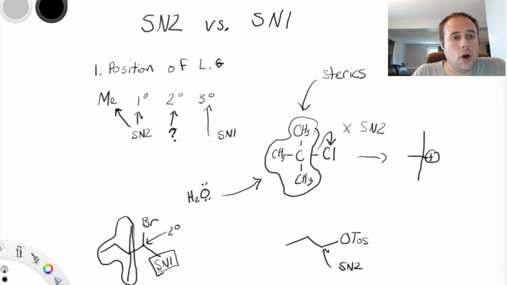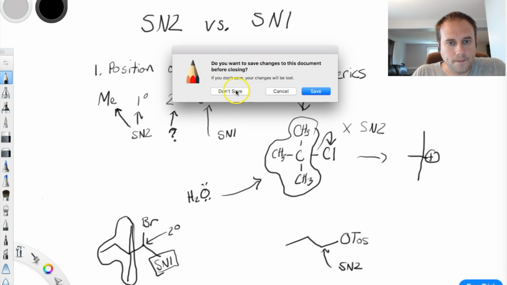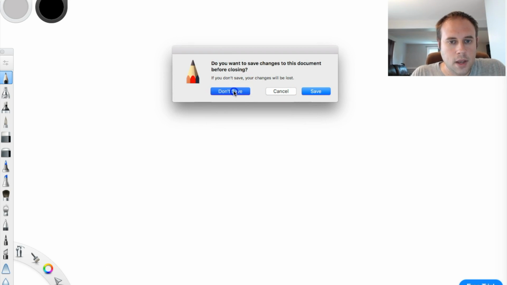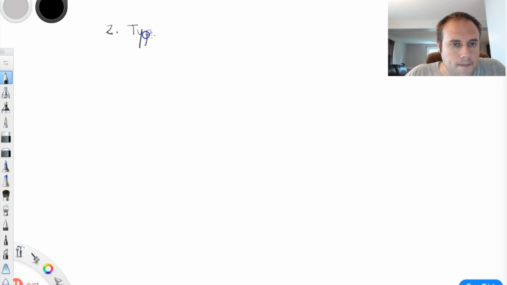So let's talk about other things that could potentially give away or let us know whether we have an SN1 or an SN2 going on. All right, so first was position of leaving group. The second thing that you really want to consider is the type of nucleophile. Okay, now when we talk about the type of nucleophile, I will just state that